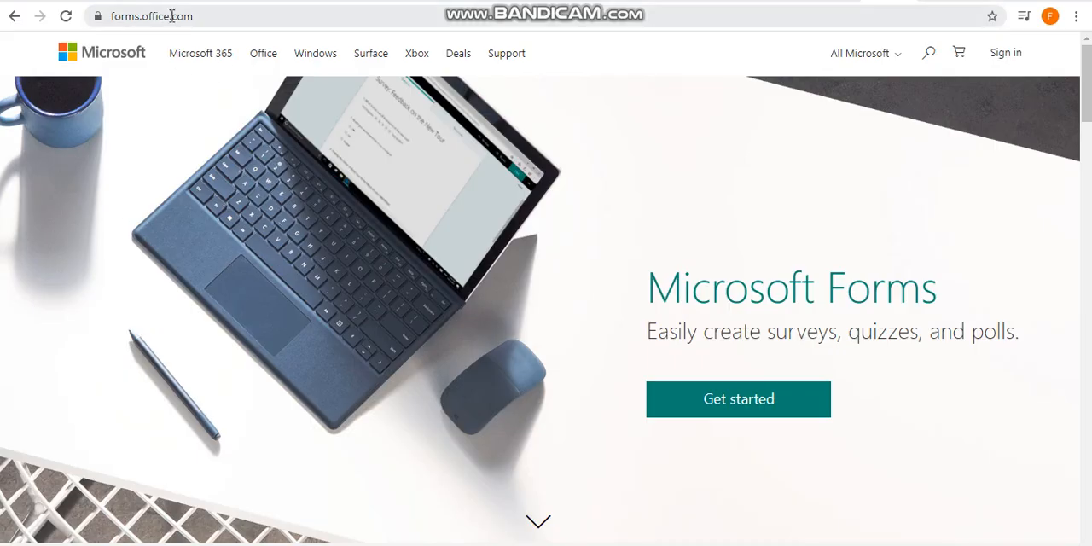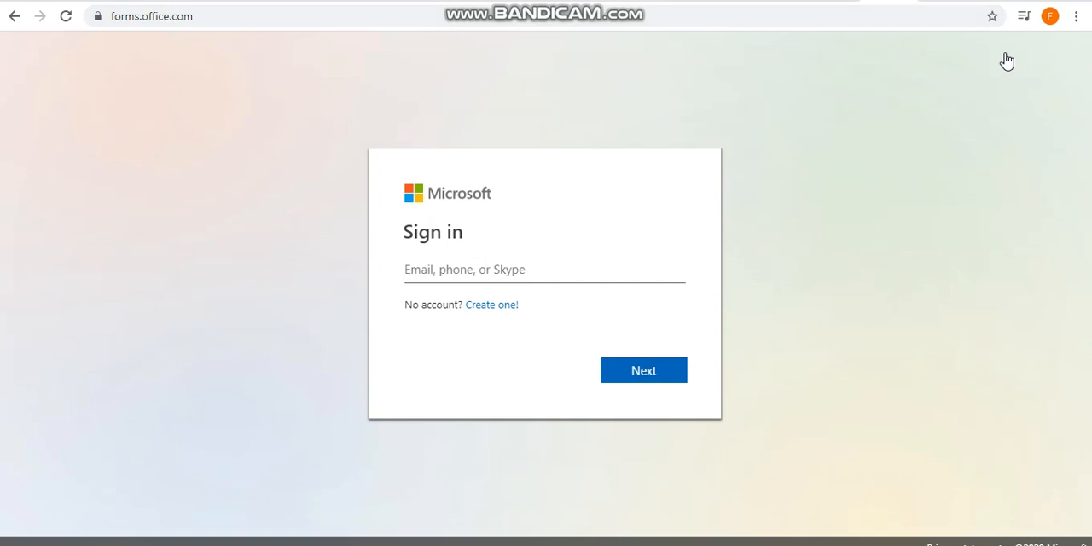Search Microsoft Office Forms, and then you have to sign in. It's very important to sign in using also your university email and the same password, because other than that you will not be able to link the forms to Microsoft Teams, so it will be just a waste of time. So please do this step